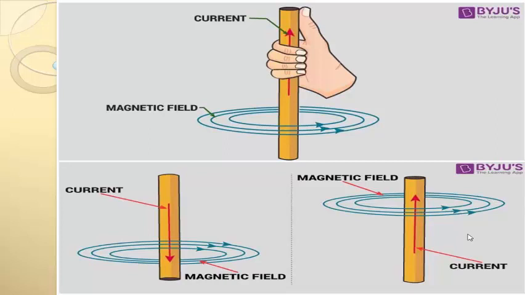The pattern of the magnetic field surrounding a conductor depends on the geometry or shape of the conductor. In the case of a straight conductor carrying current, the lines of force due to the magnetic field are concentric circles. The magnetic field disappears as soon as the current is switched off. It suggests that motion of the charges in the wire produces a magnetic field. A moving charge is a source of a magnetic field.